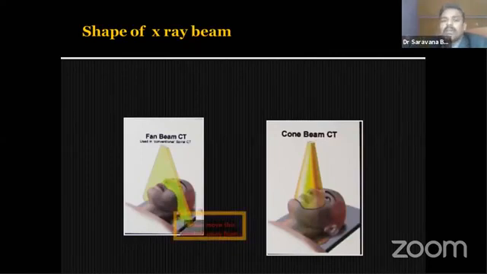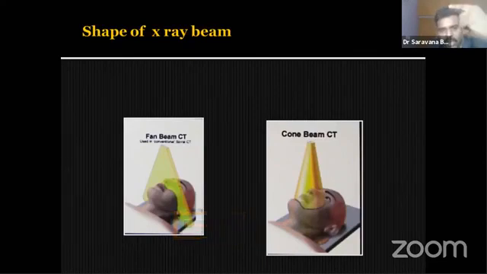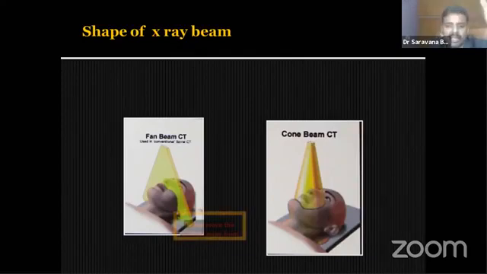Okay. Now, in this slide, I will tell you the principle of CBCT also in one simple sentence. What I told you in the computer tomography, that is medical CT, the principle is one complete 360-degree rotation around the patient body to capture one single slice. That is computer tomography. In cone beam CT, one complete 360-degree rotation around the patient body or patient head to capture the complete data. That's all.